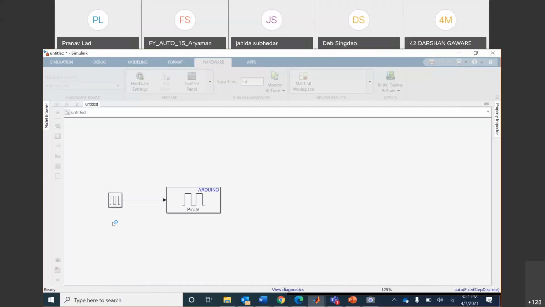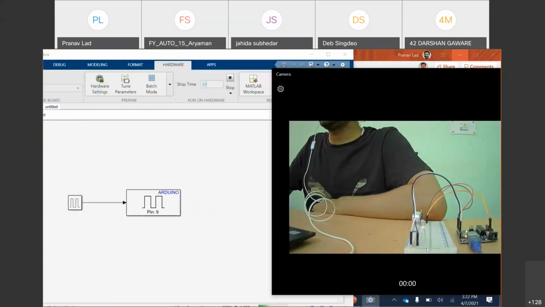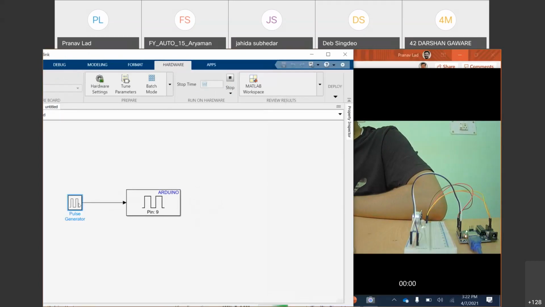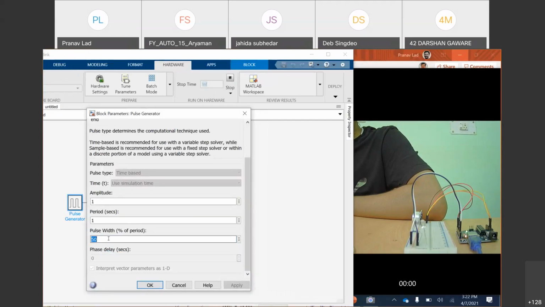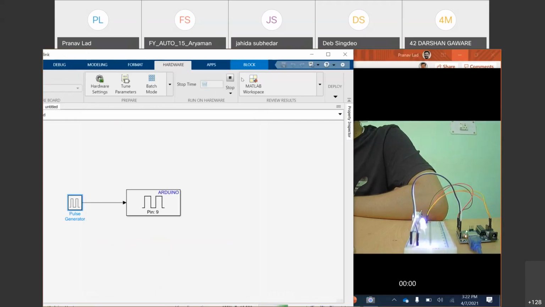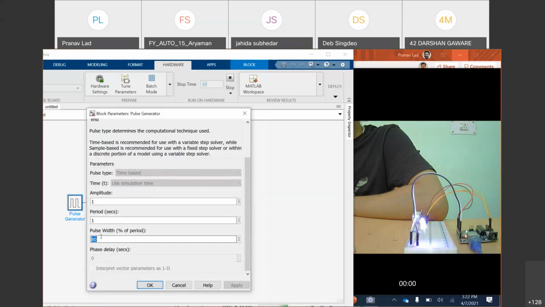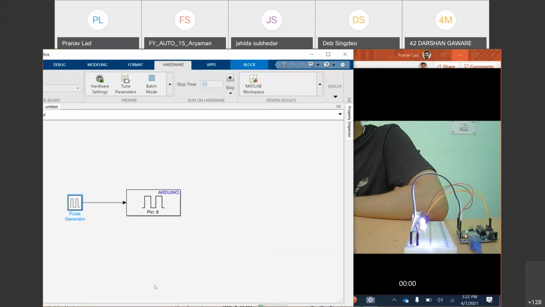and that code automatically deploys into the Arduino board. So you see here it is now connecting to Arduino Uno. This model particularly is being connected to Arduino Uno, and when it happens, let us see, you see in this video, the LED is blinking with the frequency that we have defined. Now I can double click on this block. I can change maybe its pulse width, click OK, and probably it's too high, so it's showing us it's continuously glowing. Maybe I'll make it 20%.